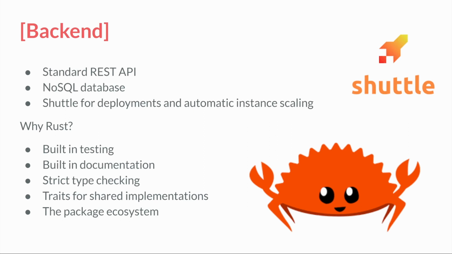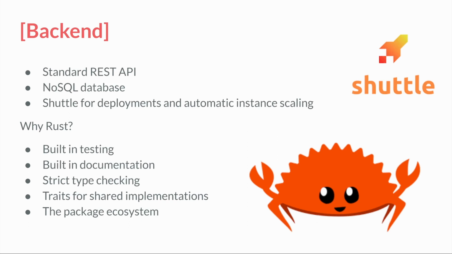And speaking of Rust, why Rust? The big reasons are the built-in testing and documentation make using Rust a breeze. There's a lot of really nice tooling, a lot of editor plugins. You can feel productive in Rust and ensure that you're doing the right thing quickly. Helping this is the strict type checking. The strict type checking allows you to write your endpoints and be pretty certain they work without ever having to run the app in the first place. Of course, you run it to check it, but it's nice to have that guarantee pre-compile.